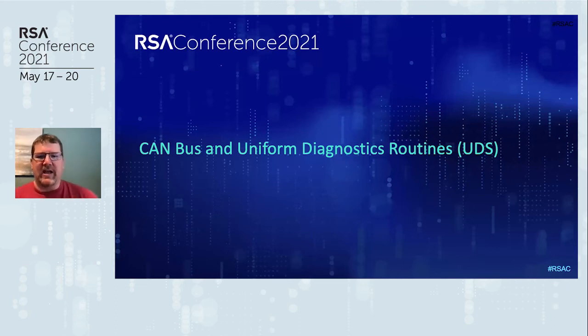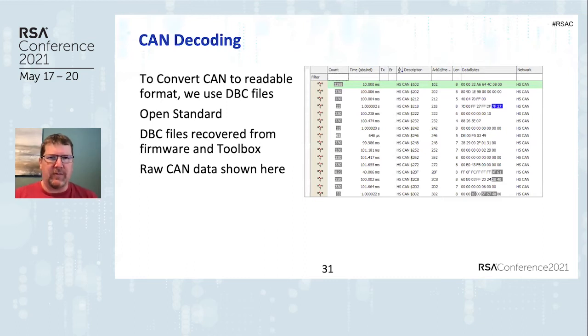So now we get into the meat of the system itself and how CAN bus actually works on these Tesla modules. For those who are not familiar with CAN bus, it's really just like any other bus format. You have a bunch of hex data that gets updated regularly. You have CAN IDs, which are similar to an address, but there's not really a send and receive address unless you get into the higher level protocols. You really just have a bunch of hex values. But there is a format for actually decoding those, and that's called a CAN database or DBC file. It's an open standard.